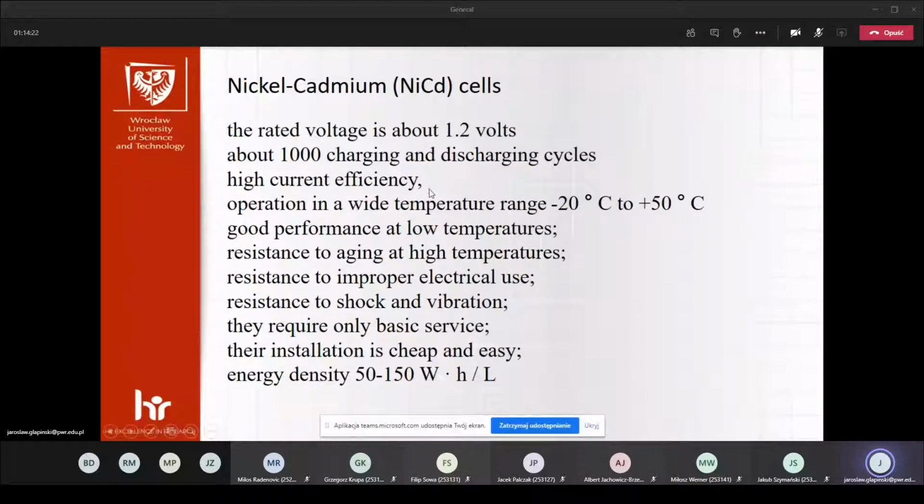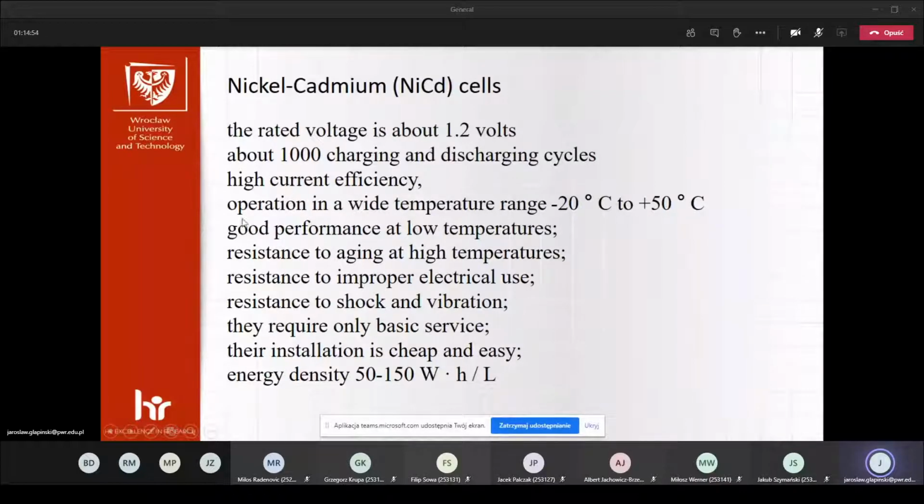Because in this kind of accumulator we can take very high current, comparing to another solution. Okay, and of course this accumulator works in the typical temperature ranges, and has good performance for low temperatures,